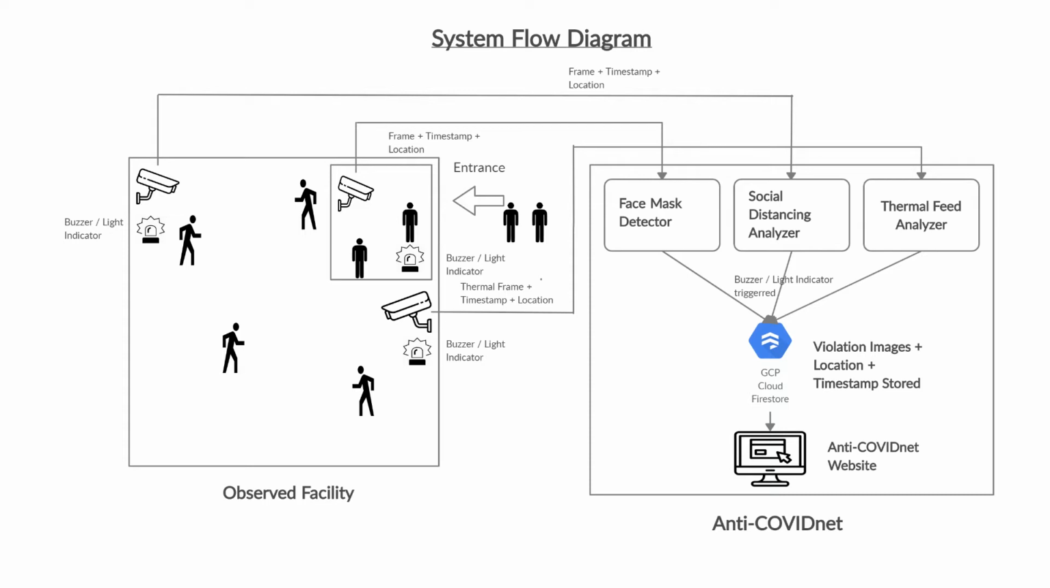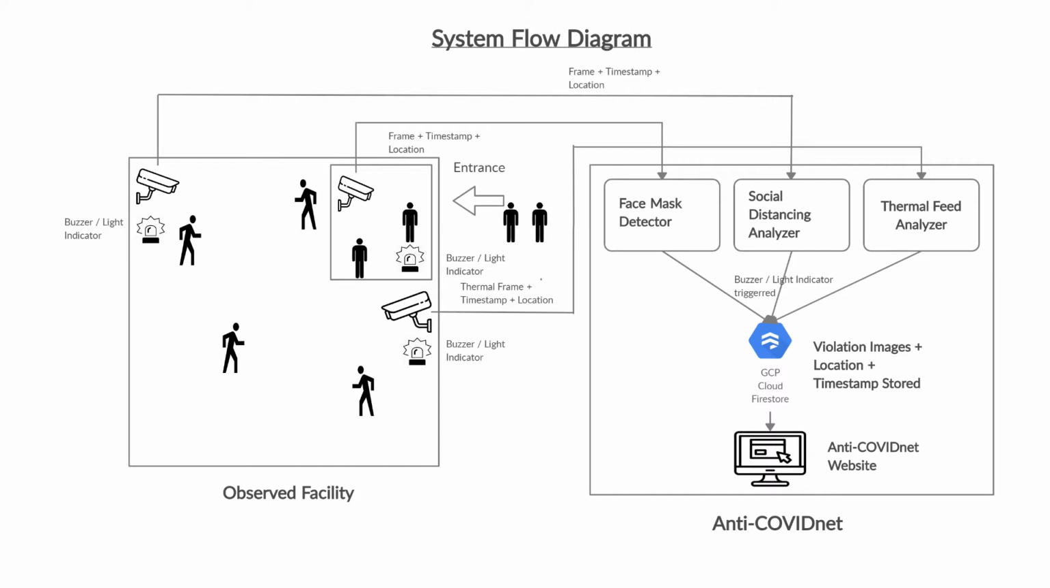AntiCovidNet is a foolproof end-to-end system that is capable of monitoring real-time CCTV cameras in an area. It can monitor multiple CCTV cameras at once, as we can see in the system flow diagram. Multiple CCTV cameras send the frame along with the timestamp to the AntiCovidNet system, which can analyze the feeds in parallel